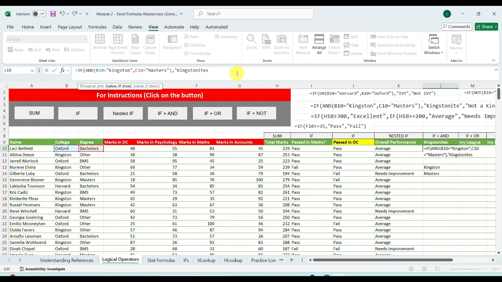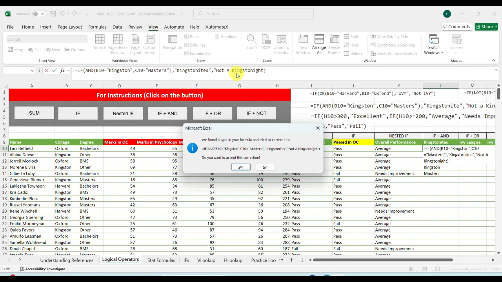Comma, again in quotes, if not, then not a Kingstonite. Bracket close.